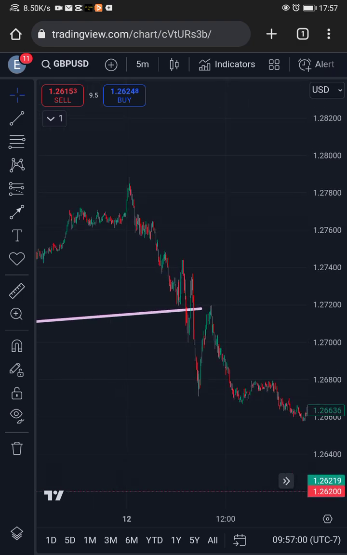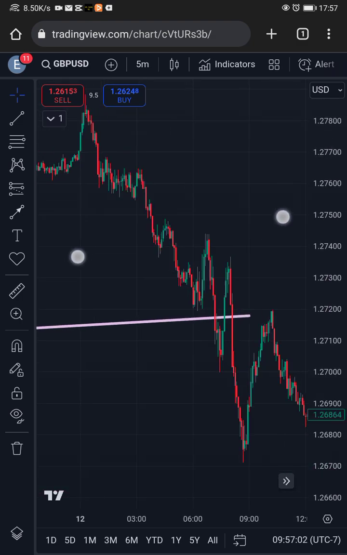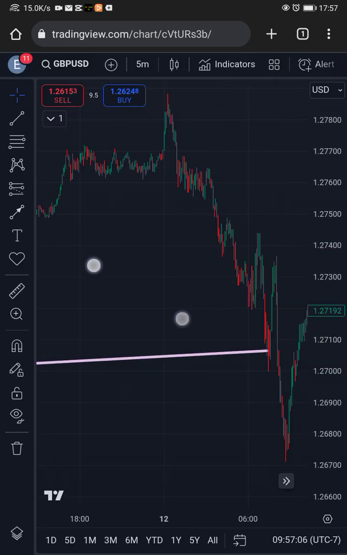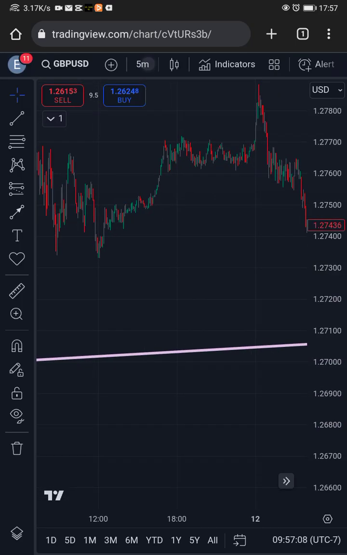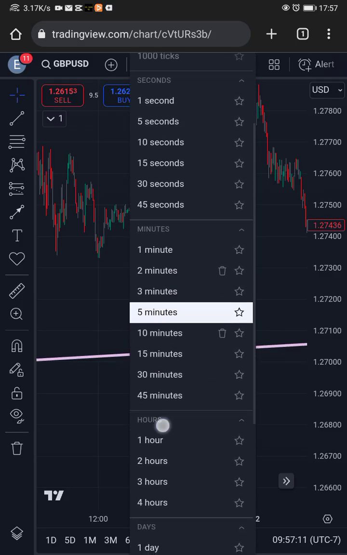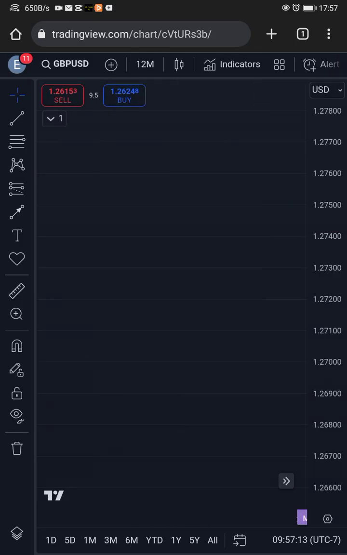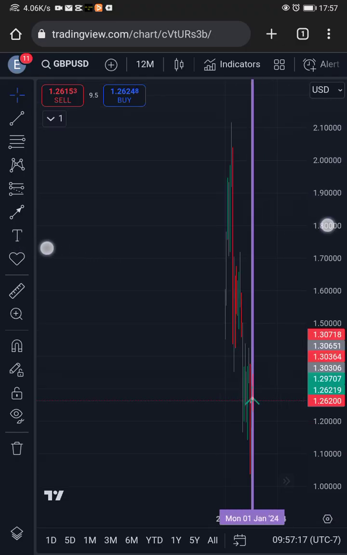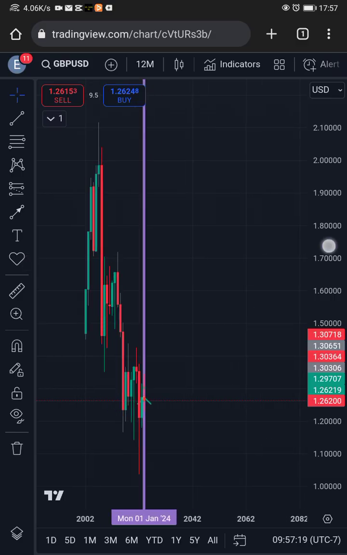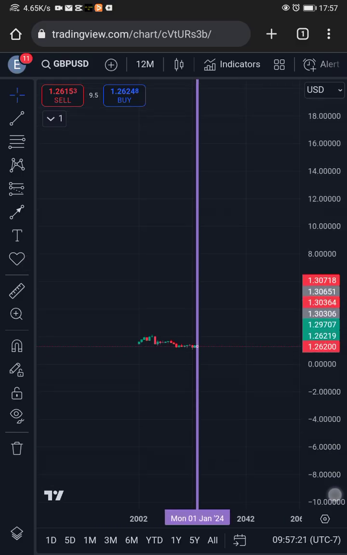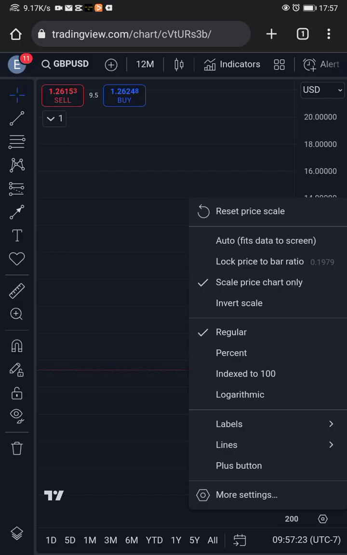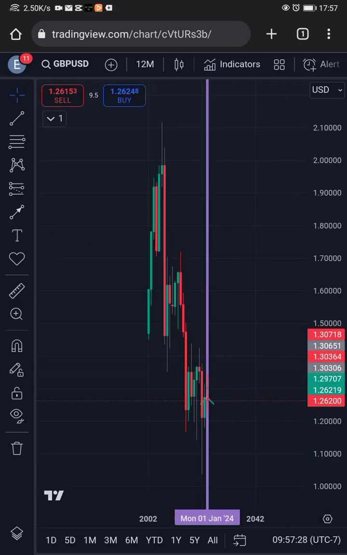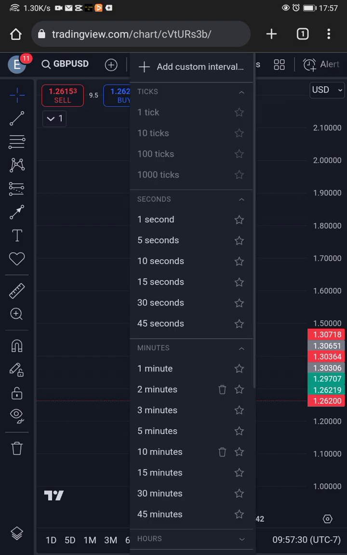So here was the low. Here was the low that I drew. So the market breaks below. So once the market breaks below that low, let me go back and draw it well. Let me go back and draw it well. So once the market dropped,